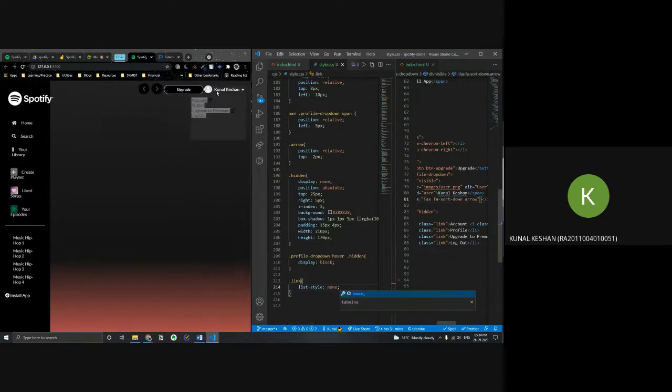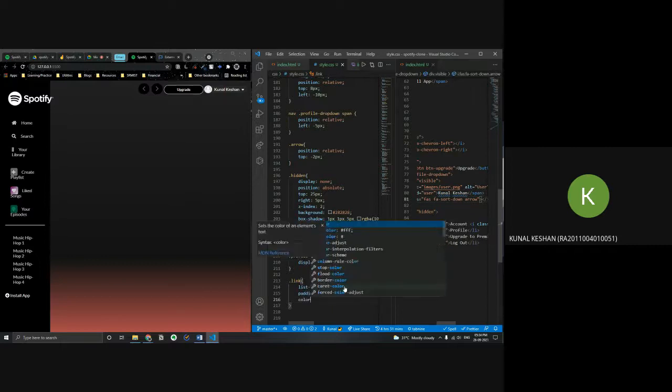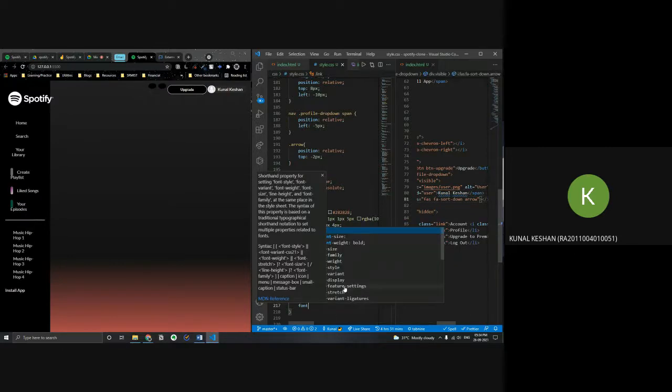Okay, so the list is not there anymore, those bulleted points. Then some spacing between the elements, so we'll just give like 7 pixels, and maybe 10 pixels. And then the text color should be white, and we'll reduce the font size a bit.